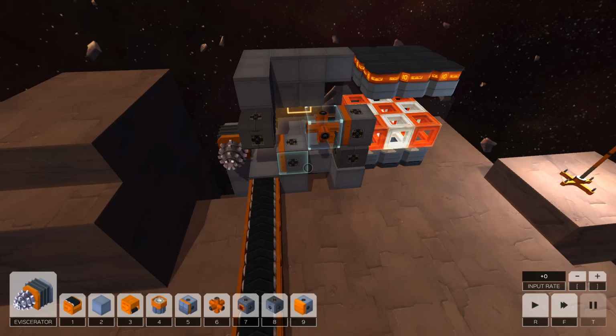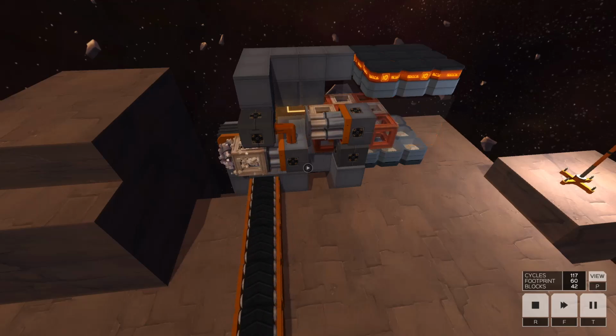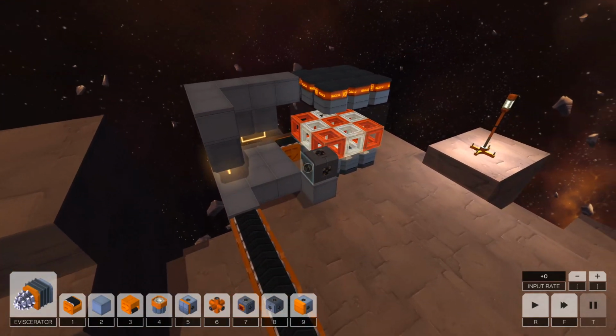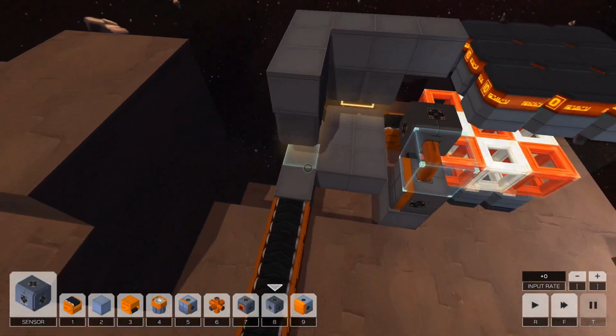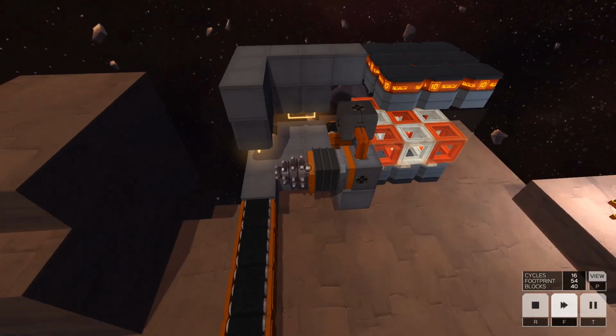We could also go... Well, that route's not going to work then. Because... Oh, maybe. Let's rewatch this for a second. I might be able to get rid of 2 more. So what I actually could probably do... Don't even need this, don't even need this, don't even need this. I could probably put my pusher here with a wire, with a vertical sensor, and then just have this be an eviscerator right here. Now, it's still not ideal, but...